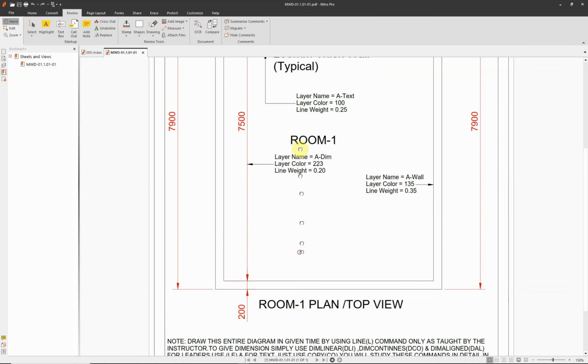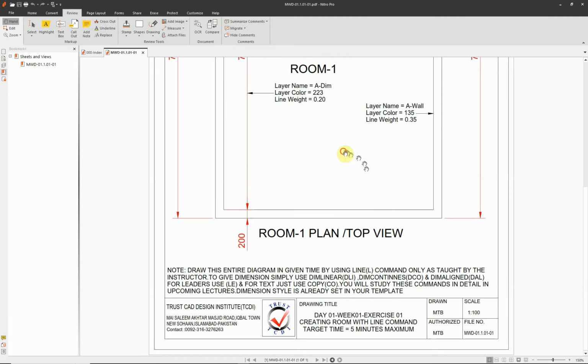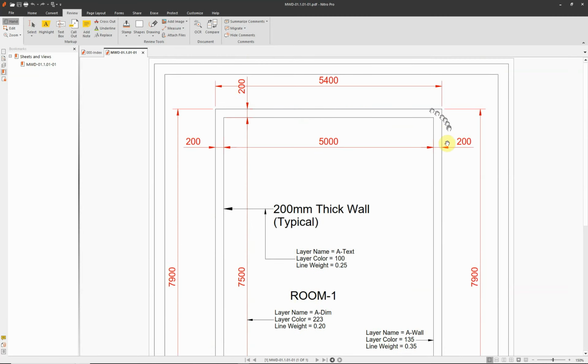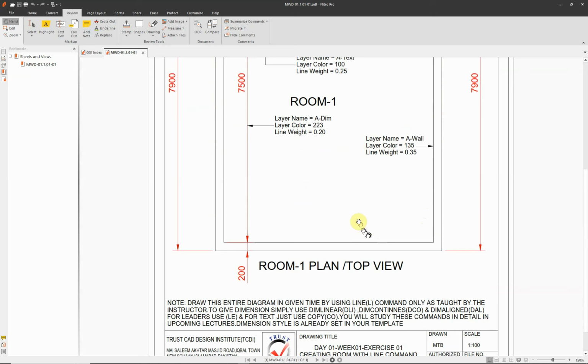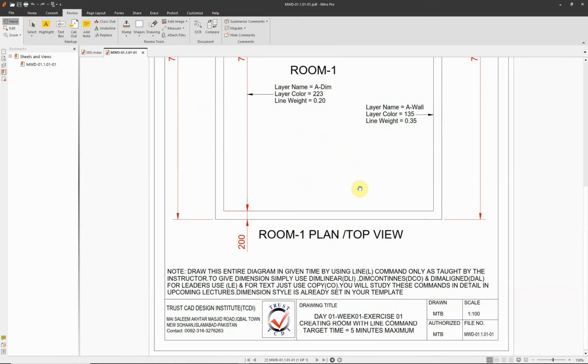So first of all, why did I choose only the line command? This entire room is drawn only by using the line command. There is no offset, there is no copy, there is no mirror, nothing like that. The reason is that when I started teaching people about AutoCAD, I saw there are many people who feel very comfortable using the keyboard, but for some people it is very difficult to type, and especially to type fast. So I try to create some exercises which require a lot of typing,